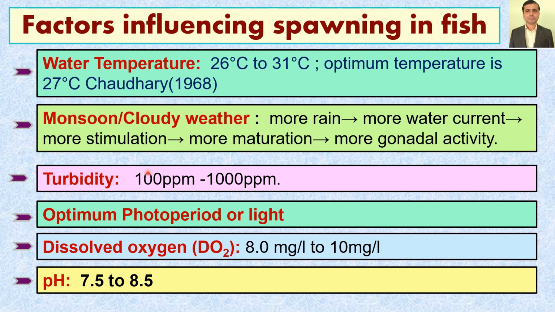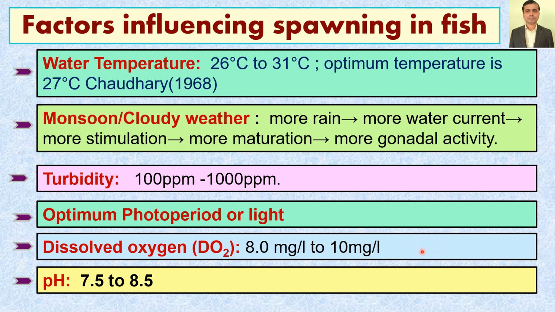Turbidity in the range of 100 ppm to 1000 ppm is preferable for breeding in most of the carps. Optimum photoperiod or light is also essential for gonadal activity, gonadal development and maturation. The most important factor for induced breeding in carps is dissolved oxygen. A dissolved oxygen level in the range of 8 to 10 mg per liter is preferable for breeding in